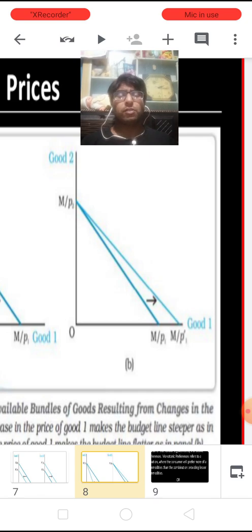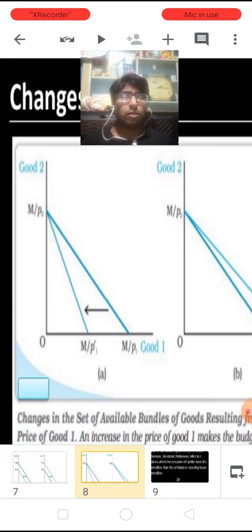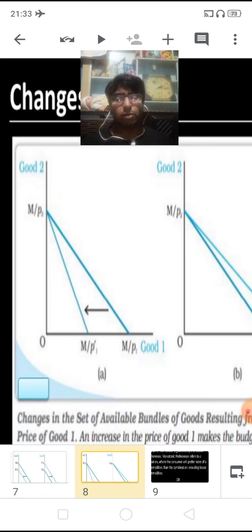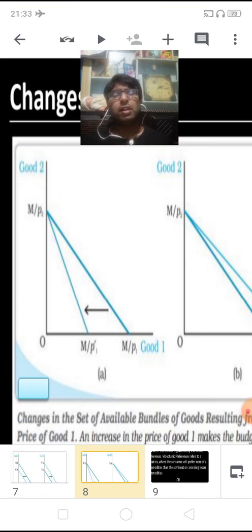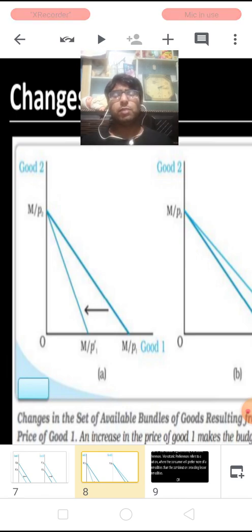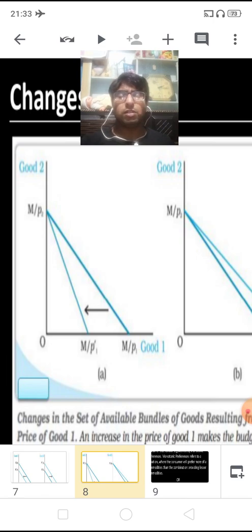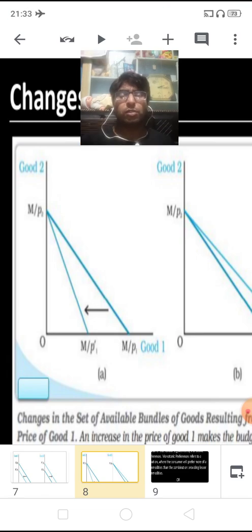But suppose the price of good X increases, like previously it was 4 rupees per unit, but now it increases up to 6 rupees per unit. Since the price of good X increases, I can have less of good X. So that is why with this increase in price, my budget line will shift towards the left. That is why in the first diagram it shifts towards the left. So this is a new budget line where a consumer can avail the same units of good Y, but can avail fewer units of good X this time than before.